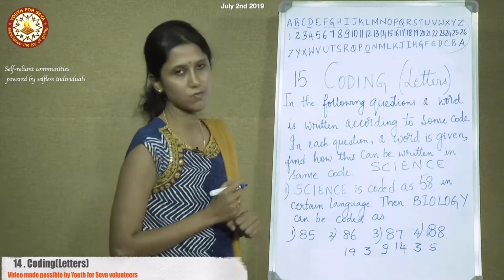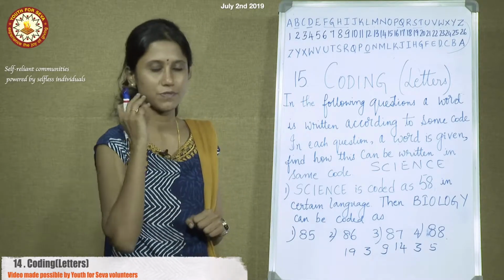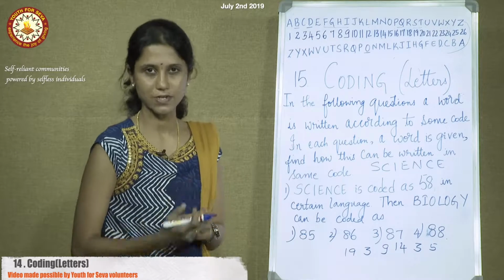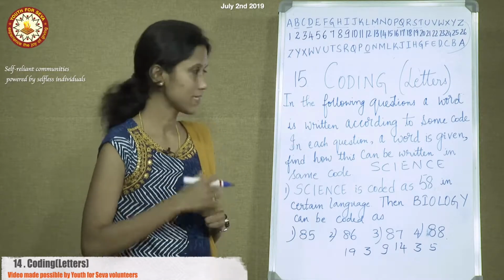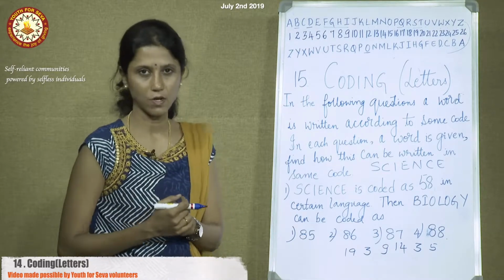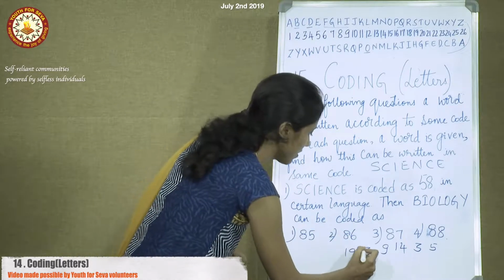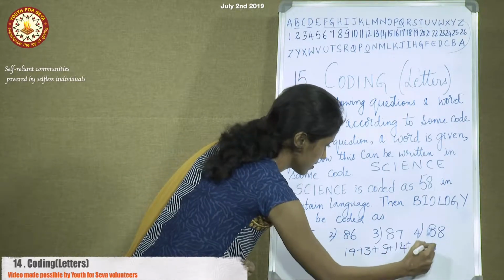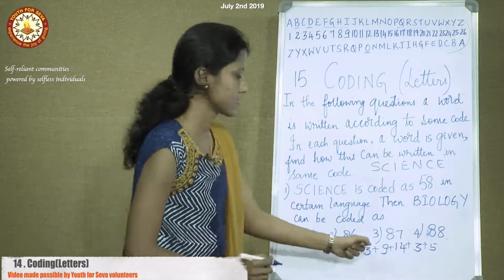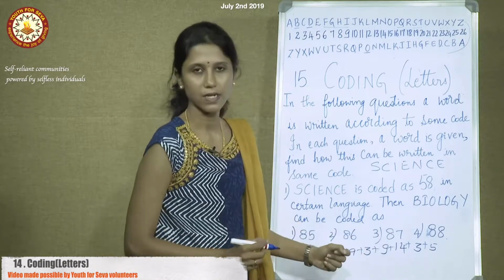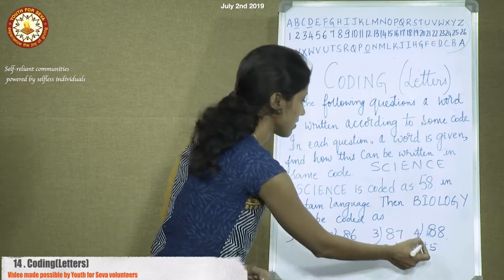Can we relate with the number 58? For the first thing, let us add and check whether we are getting it or not. Otherwise, we shall try with different arithmetic operations. If I add all the positions, 19 plus 3, 22, 31, 45, and this 5,